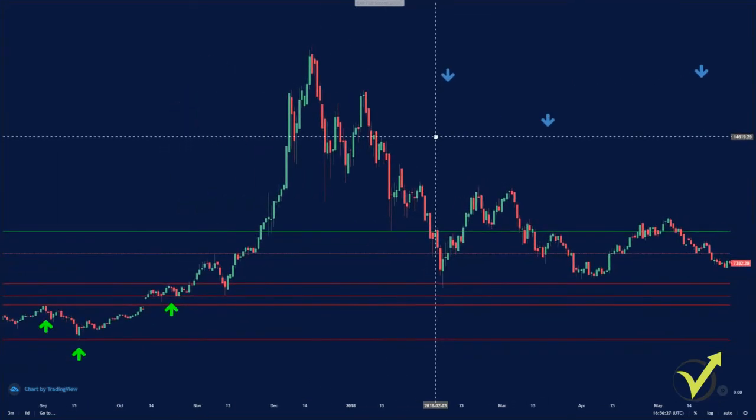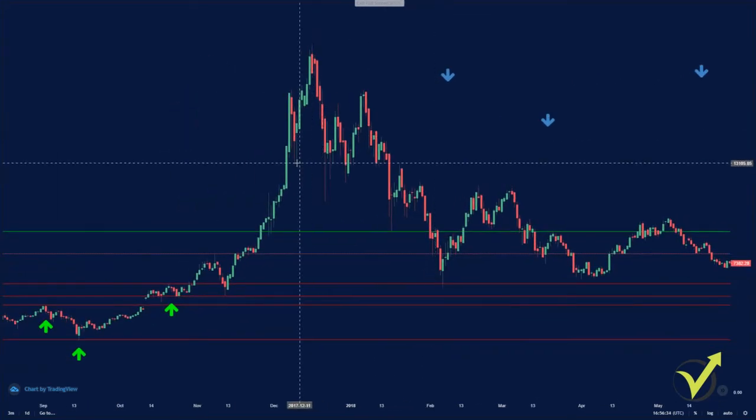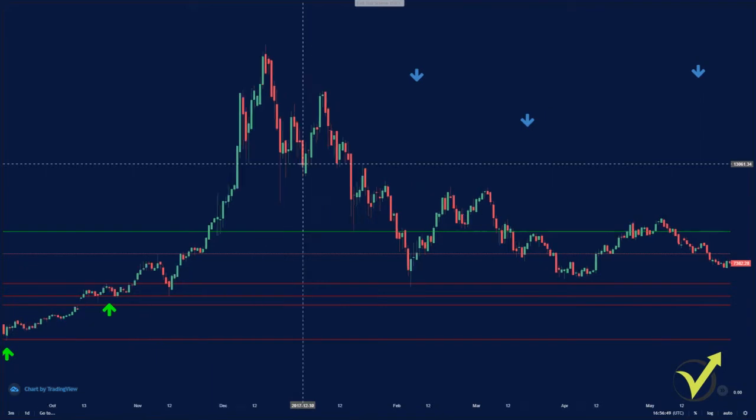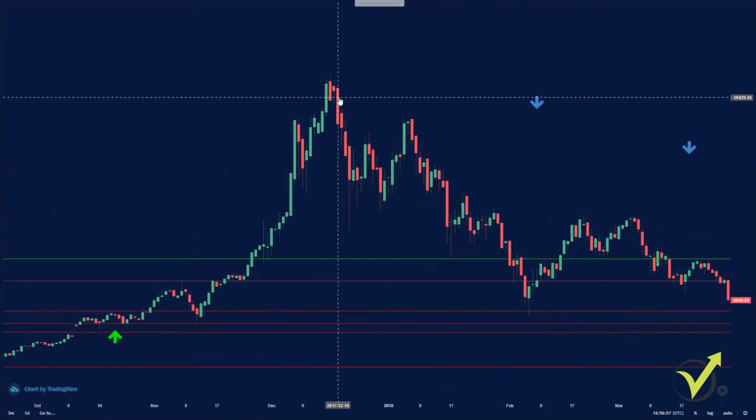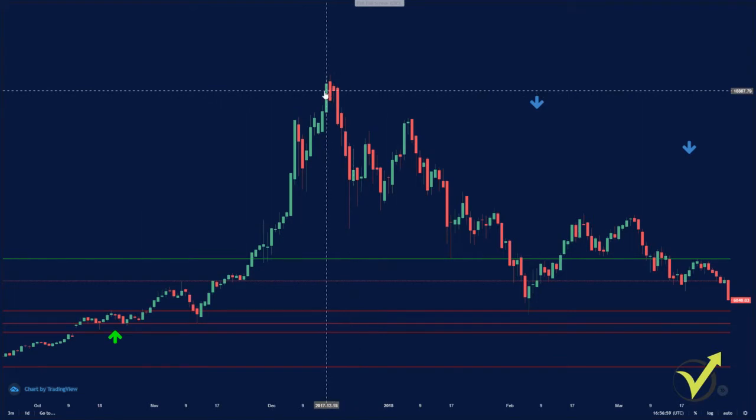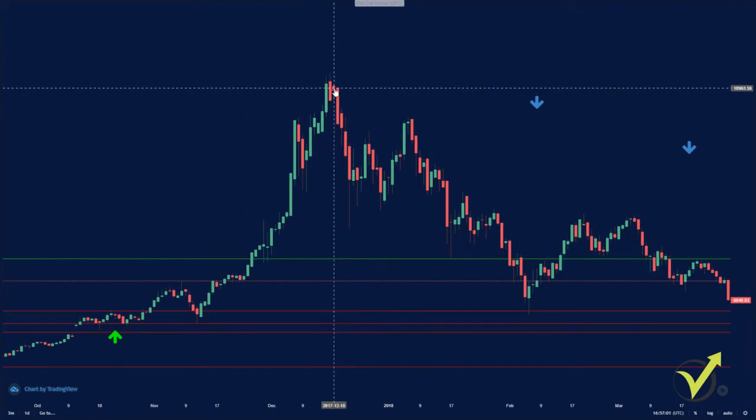Let me zoom a little bit. When the price broke this recent low at the level of 13,000, it was the first really strong signal, or probably for me the strongest signal that the trend will reverse. Because what you see here on the top with Bitcoin is nothing. We don't have any doji formation, any engulfing candles, and even one candle or one formation, one pattern is